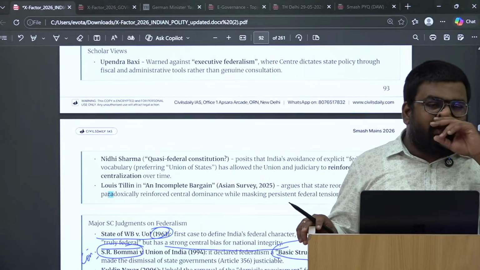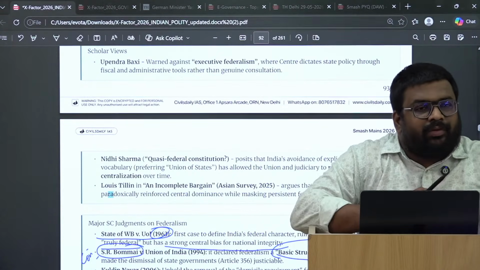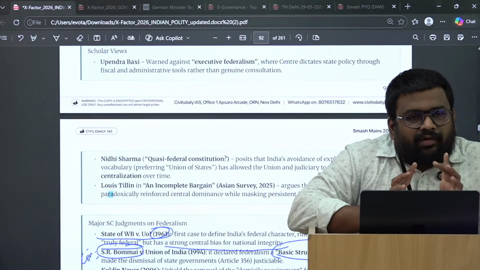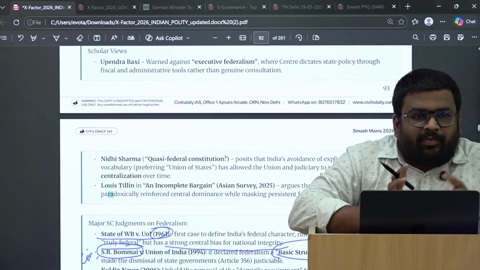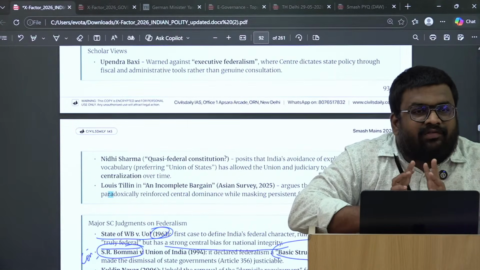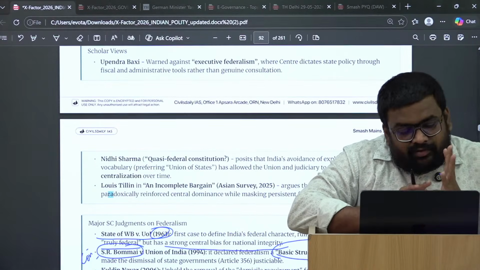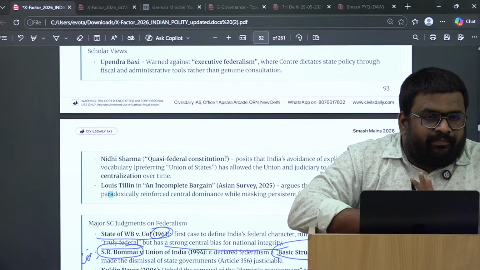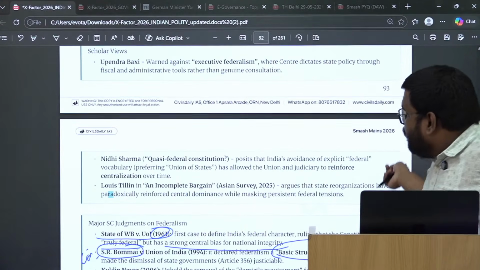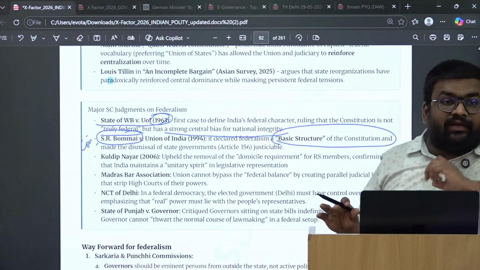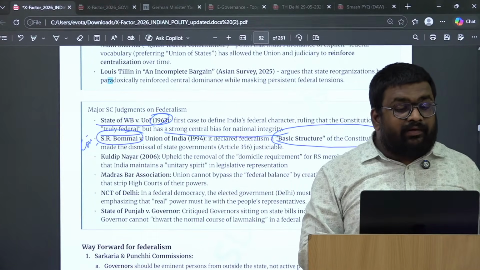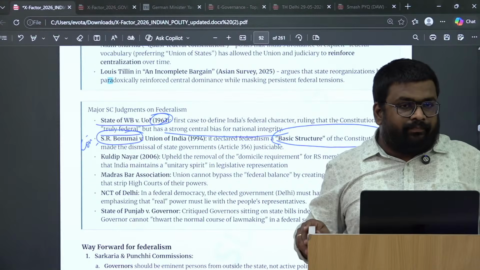ओवर नहीं करना है पूरे आंसर में. मैंने 3 स्कॉलर दिए तो तीनों भी इंक्लूड होना चाहिए, ऐसा नहीं है. Just one scholar in one answer is sufficient. फेडरलिज्म पे ऐसे भी एक क्वेश्चन आएगा. One scholar is sufficient, one Supreme Court judgment is sufficient, 3 data points are sufficient, 3 to 4 examples are sufficient. कि मैंने इतना दिया है मतलब सब कुछ उसमें डालना है, सुप्रीम कोर्ट के मैंने 5 जजमेंट दिए तो पांचों डालने हैं, ऐसा नहीं है. वन इज सफिशिएंट. But you need to know how to put it and where to put it.